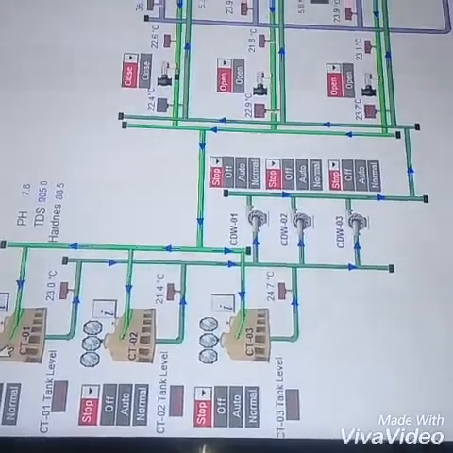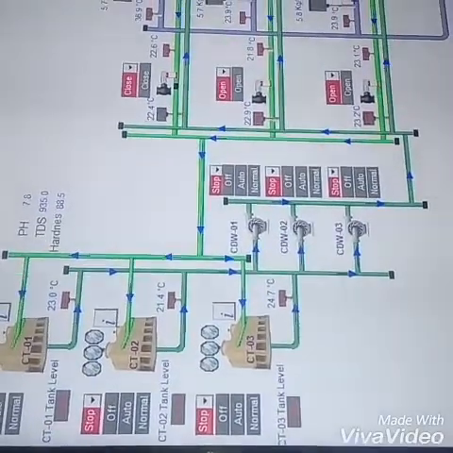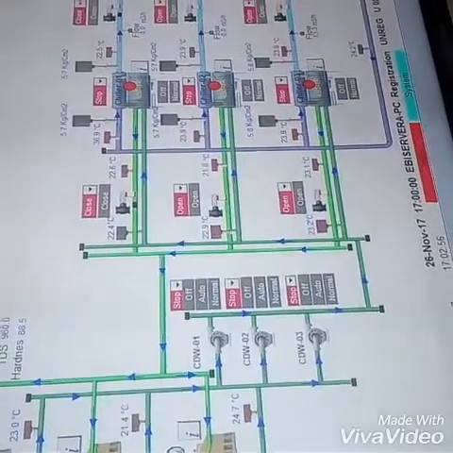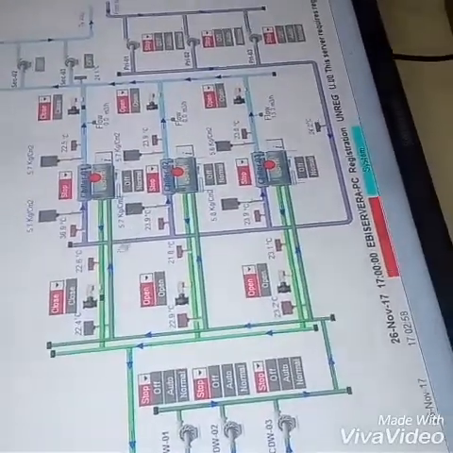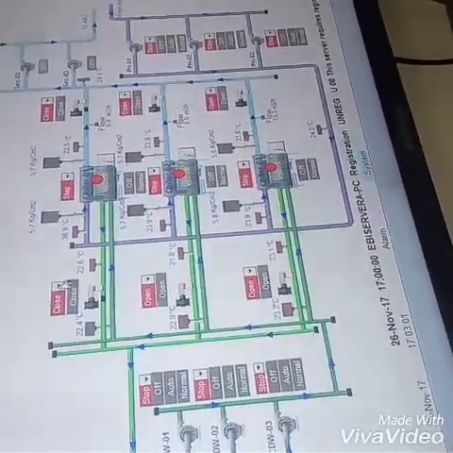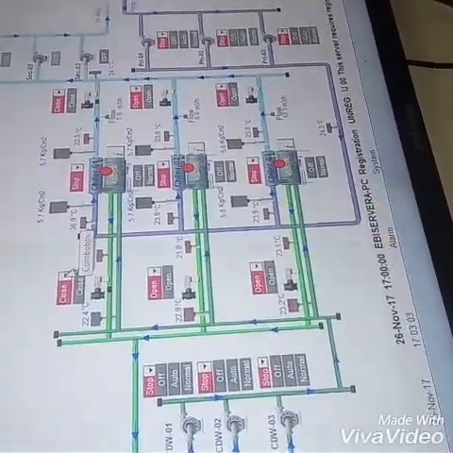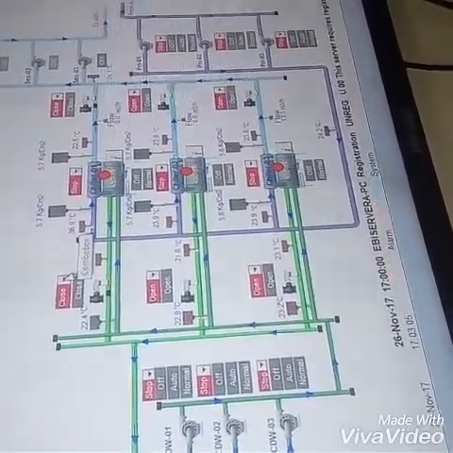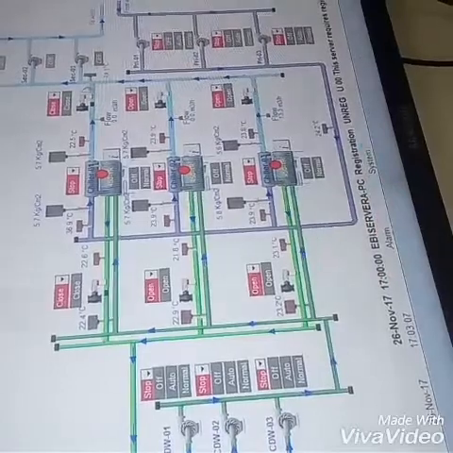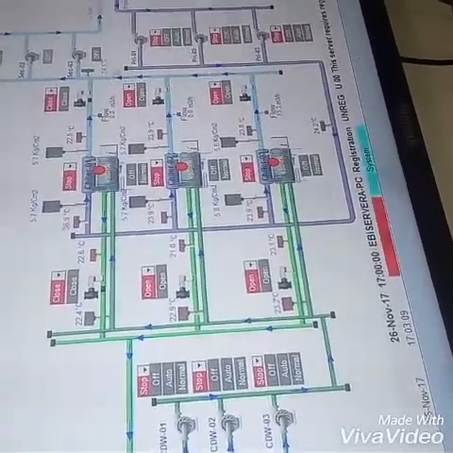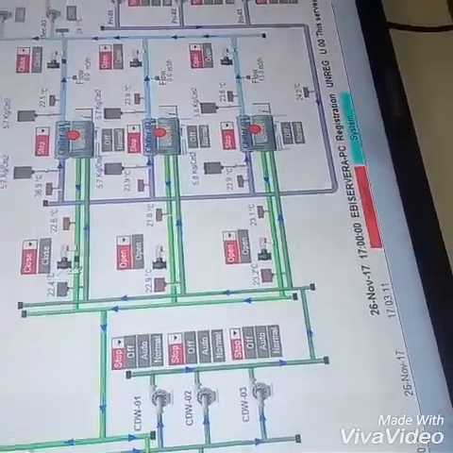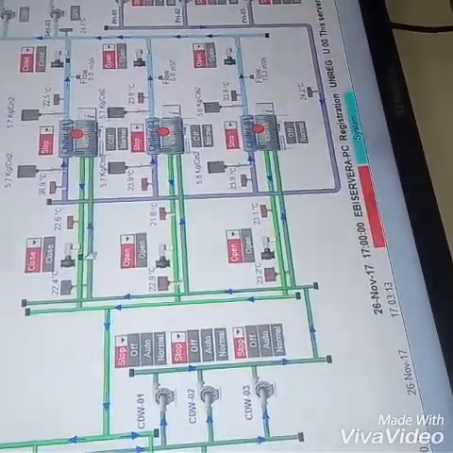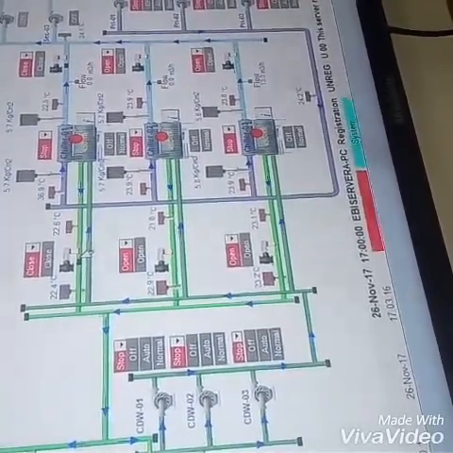If we want to run them one by one, then we have to go to manual in the LT system, the LT panel. Now I will show you this. The valve is there, which will open automatically from here, and here also. One is a motorized valve, one is a butterfly valve. It will show here. If the valve is open, then this black color will not show here.